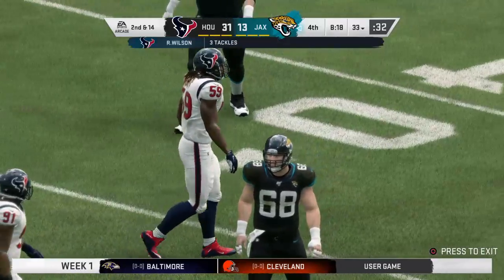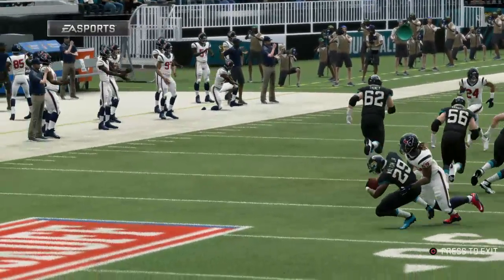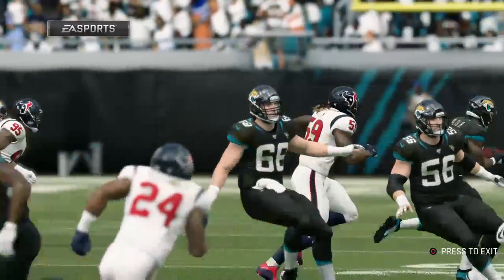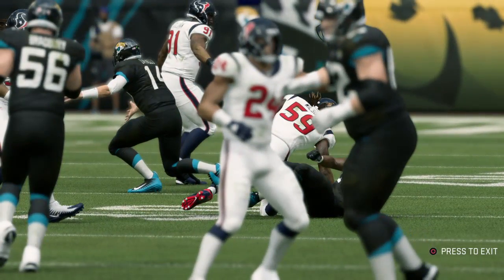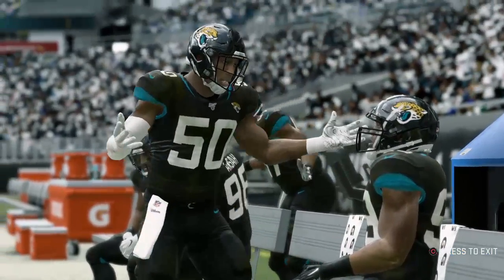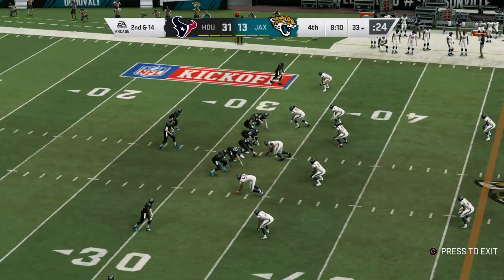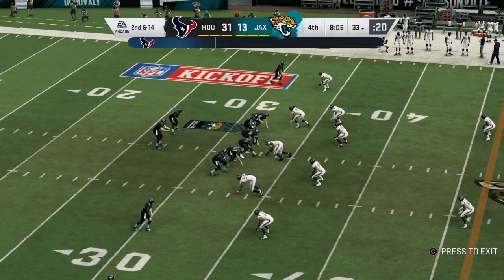You know what the key to a good screen pass is, don't you? But you're going to tell me good blocking? Well, good blocking eventually. But first is good acting. You want to let the defenders go past you, leak out to whichever side or even in the middle where you want to set up the screen, and then you do your blocking. How about the read, though, by the defensive guys? They weren't fooled at all and actually ran with the lineman to where the play was and smothered it for a loss of yardage. So they had the big loss on that first down pass play